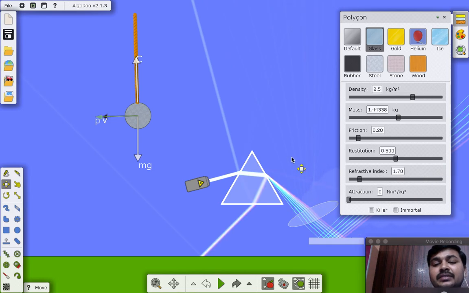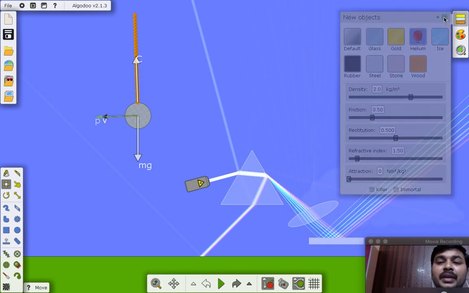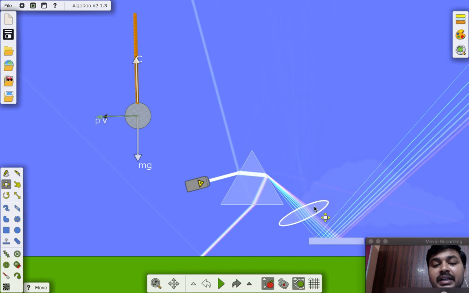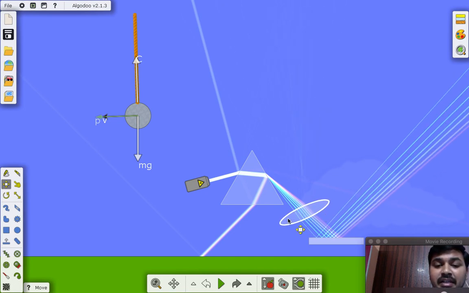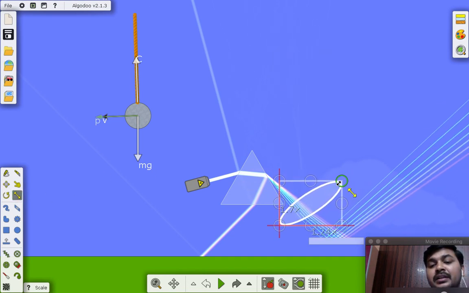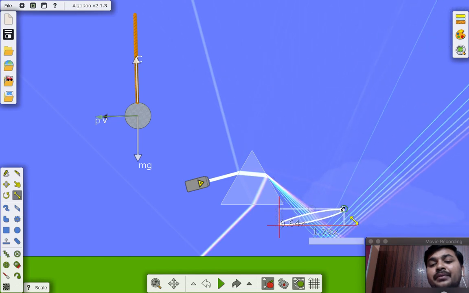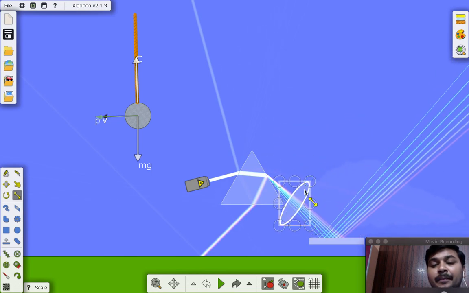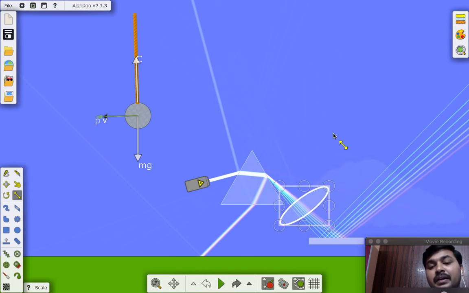You can change to any refractive index so that you can understand the concept of refractive index, refraction, and reflection very perfectly. For example, if you insert a convex lens here, I'll show you, you can change the size of the convex lens, which means the focal length. You can observe what happens when you change the focal length. While changing the curving radius, the focal length will change, and you can observe how the focal length affects the convex lens.